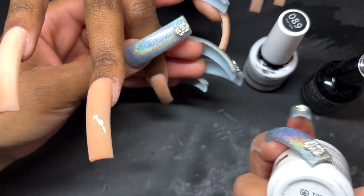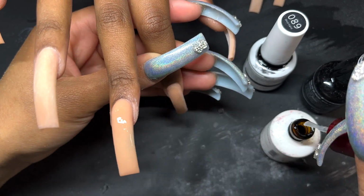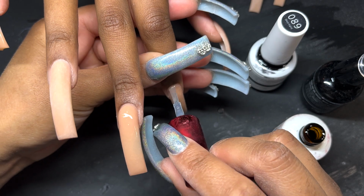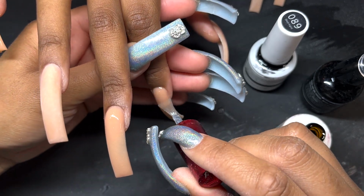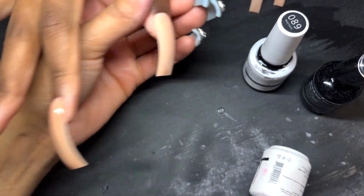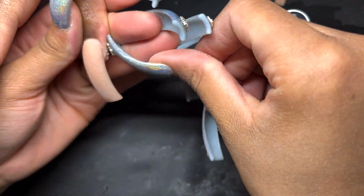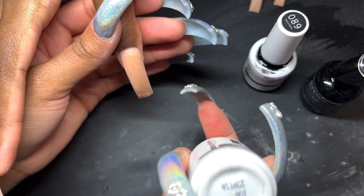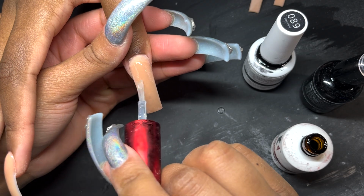I have used Chrome a couple of times now, and previously doing a Chrome French tip, it did not go well. I could not figure out how to get the damn Chrome off of the top coat, and here I am thinking that Chrome only sticks to sticky stuff. Little did I know, Chrome absolutely sticks to top coat. So I thought I could develop this method, because I have Chrome French tips on my toes,